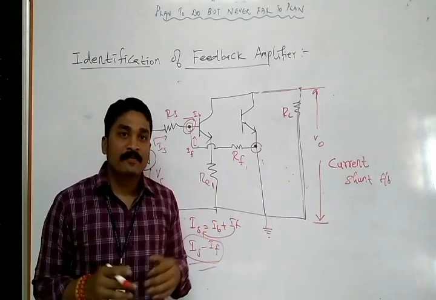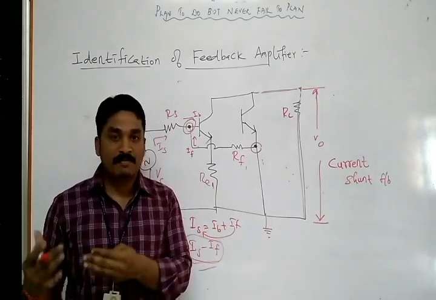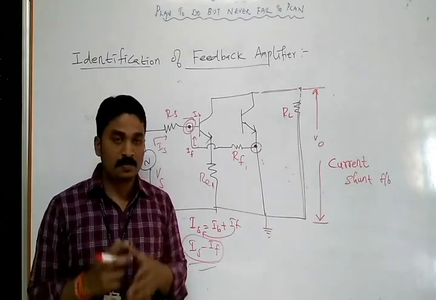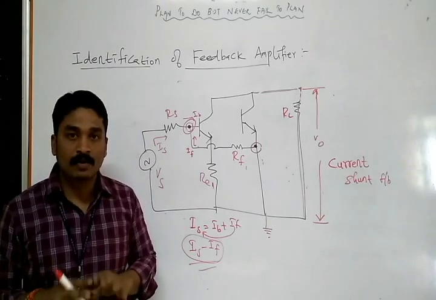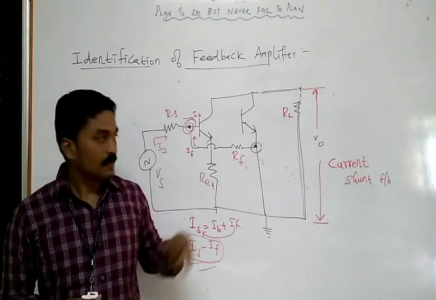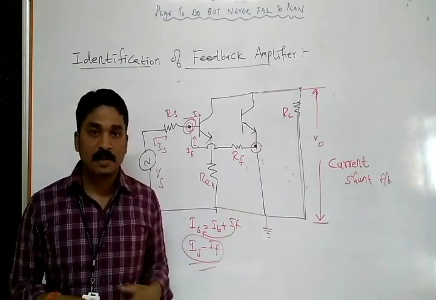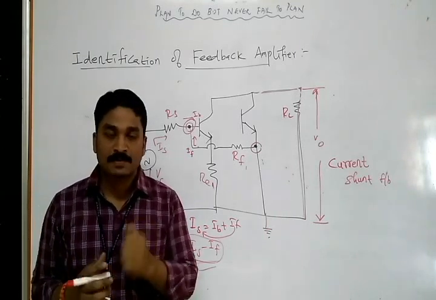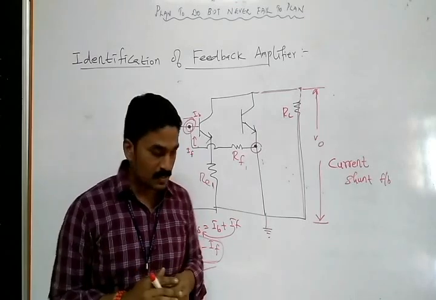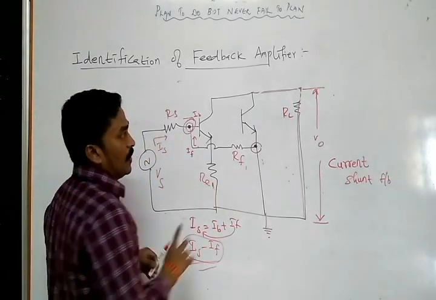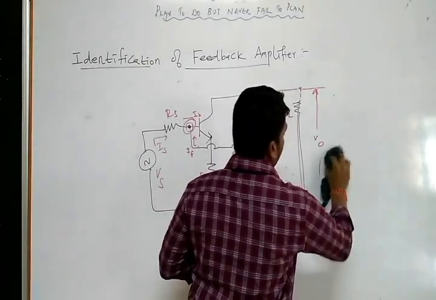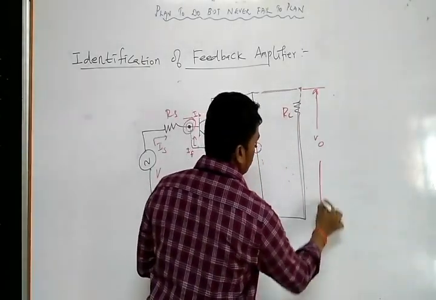And one more thing, we do not apply step 1, step 2 to identify what type of feedback amplifier every time. I will tell you a small shortcut, and this shortcut will work on almost all circuits. Let us take this circuit and the previous one, and I will explain clearly, using the shortcut, how to identify the types of feedback amplifier. So this figure, please note it down, the shortcut for identifying feedback amplifiers.